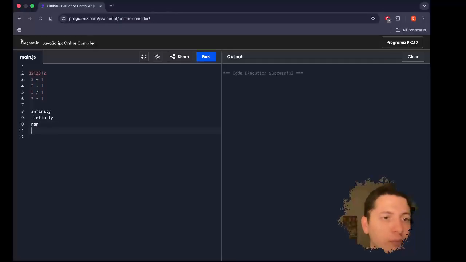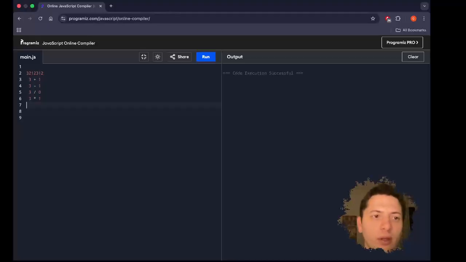You'll get NaN when you try to perform operations that are illegal, like when you divide by 0, which is not allowed, or anything else that would be undefined in regular math. Or if you try to divide infinity by infinity or something like that. And that's numbers.